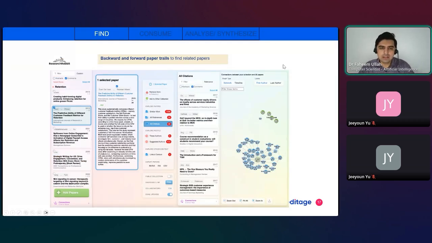Now, this is another tool when it comes to identifying the right set of papers for literature review, and that is Research Rabbit. What it can do for you is backward and forward paper trails to find related papers. If you look at this figure here, let's suppose this is the paper Han 2015. What this tool can do is identify the papers that this paper is